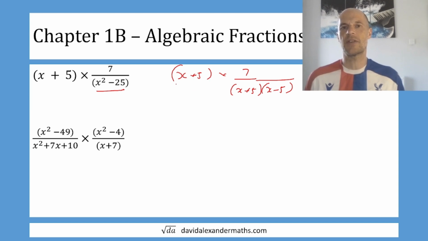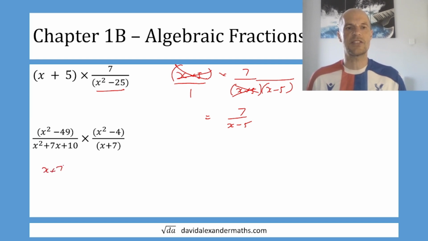Well, remember that x plus 5, you can write that as x plus 5 over 1. If that helps you, remember that this x plus 5 is a numerator, so that will cancel with the x plus 5, and that will leave us with 7 over x minus 5, which we can put in a bracket if you want. Okay, so this next example, x squared minus 49, you should automatically be considering that that